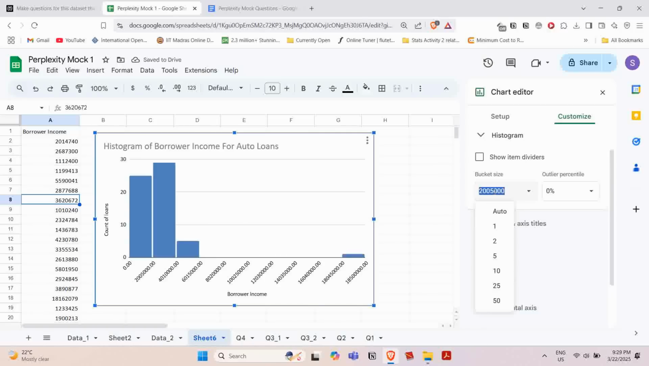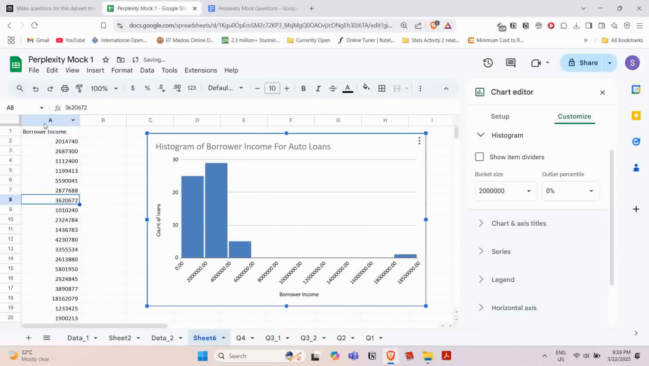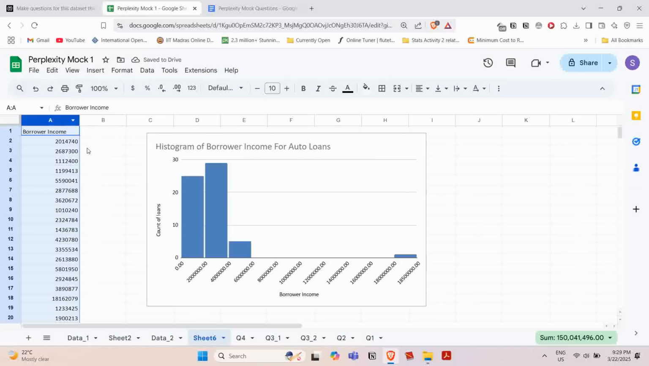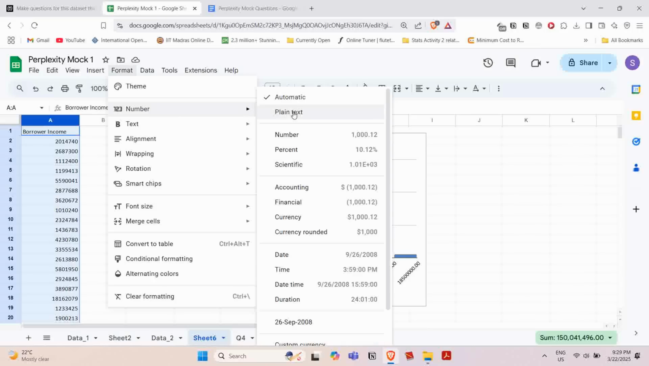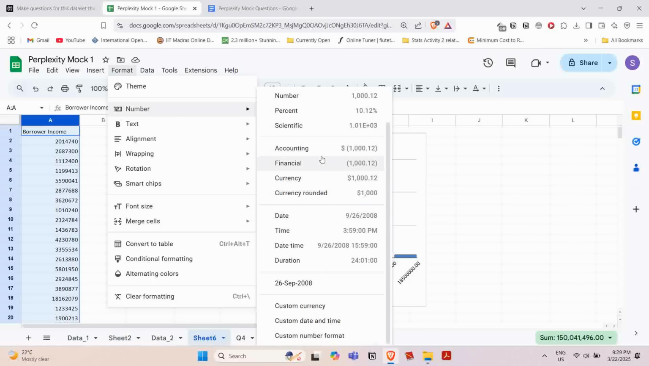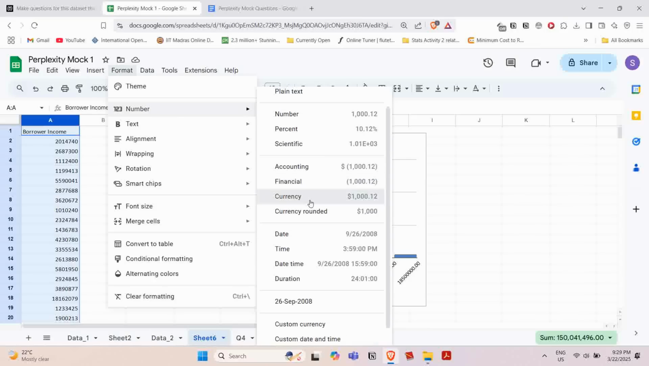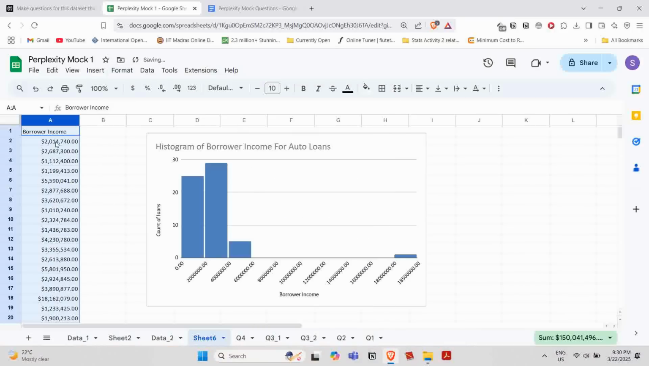Anyway, let's just have it as 2 million. This is good. There's one more thing we could do, but I didn't do it. We can have this income show, instead of just a number, as actual currency. So it would show in dollars, and we could also just remove these decimals,